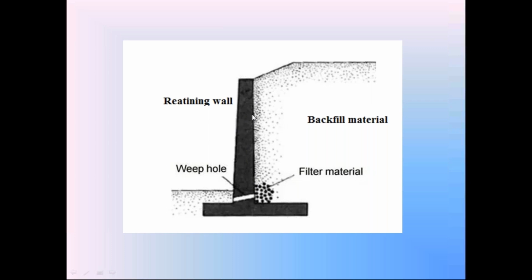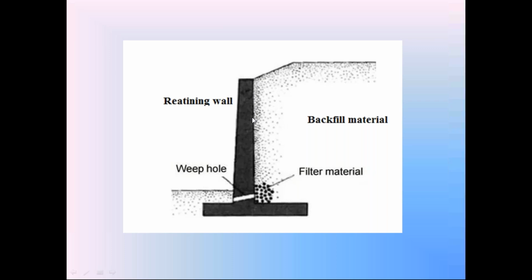If this retaining wall is not here, this entire soil is subjected to failure. It moves forward and this entire portion of soil is under failure. To prevent the failure of this entire soil, we provided this retaining structure, earth retaining structure. We call it retaining wall. The purpose of this retaining wall is to support the soil on the backside. Check this soil surface in contact with retaining wall. This is the soil surface, entirely vertical.